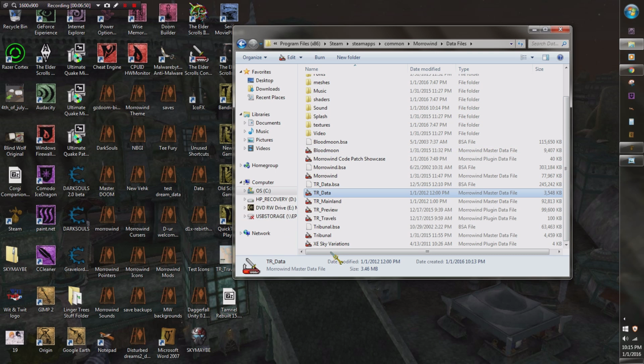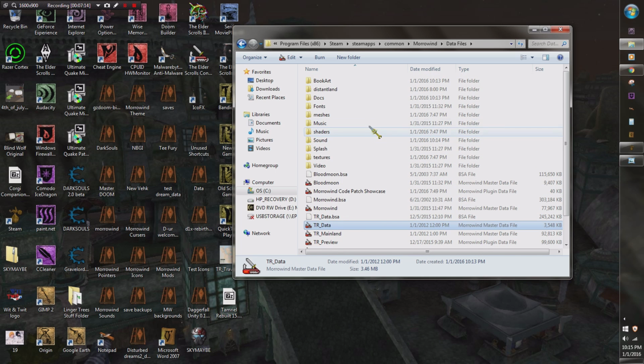Now, normally with most mods, all you have to do is what I just showed you, and then you can launch the game. With this, it's a little bit different. Tamriel Rebuilt requires you to register your BSA. So you can see here you've got Morrowind BSA, Bloodmoon BSA, Tribunal BSA. Those are already registered since you installed it. Tamriel Rebuilt is not. Now, how you register that is you're going to go back to your Morrowind folder,